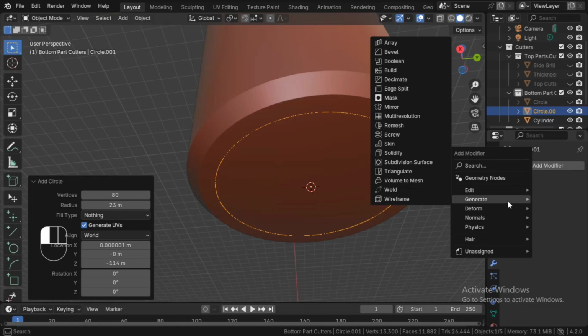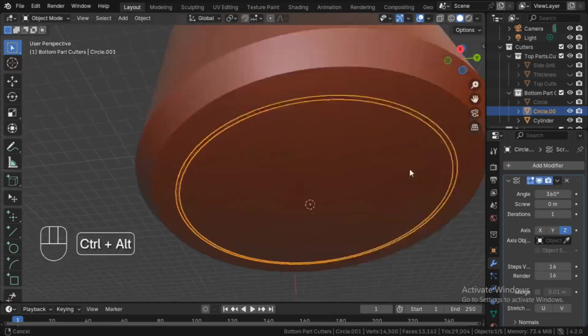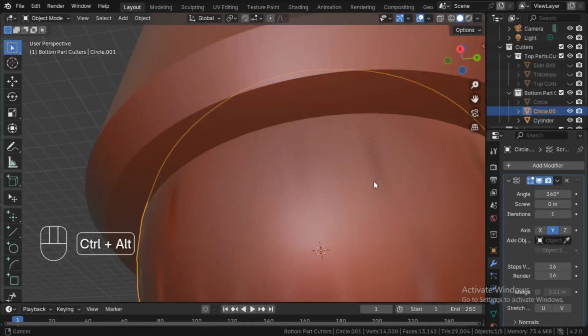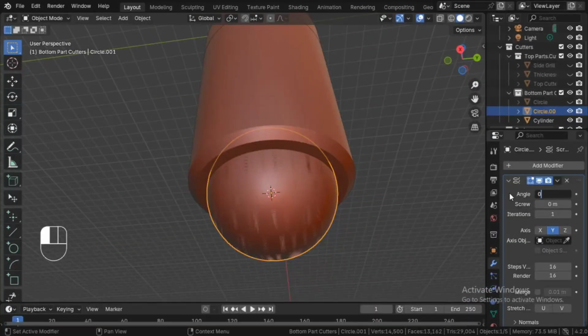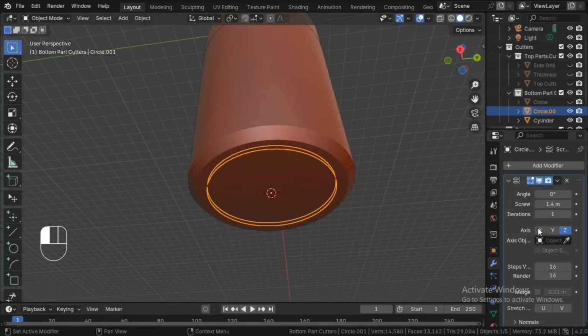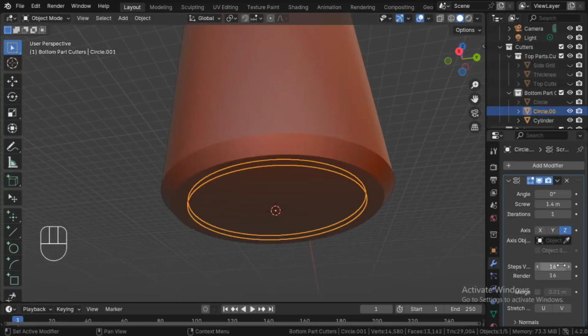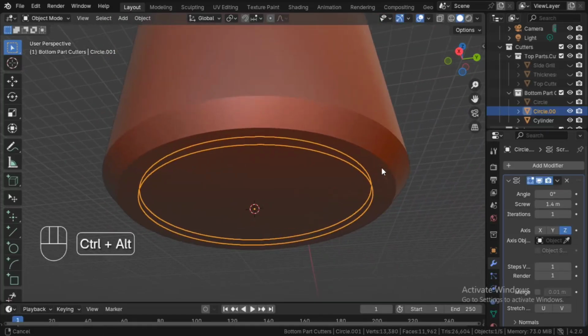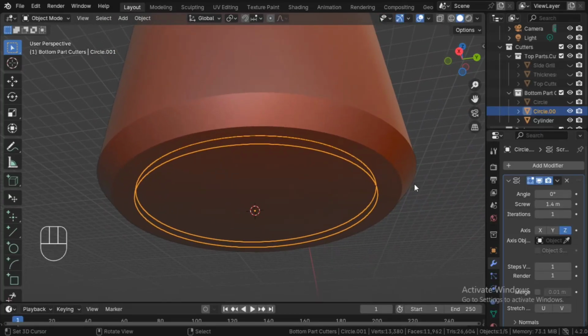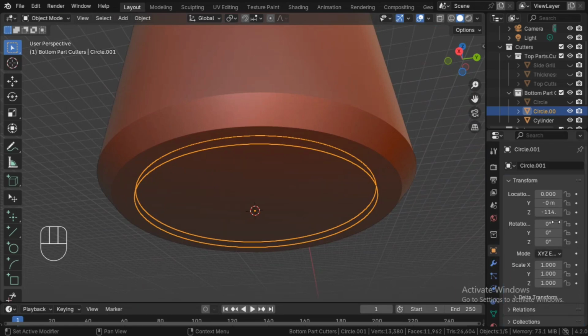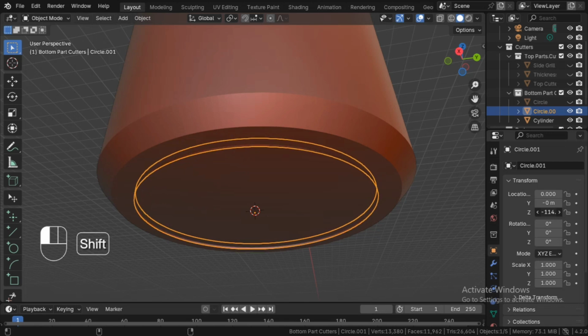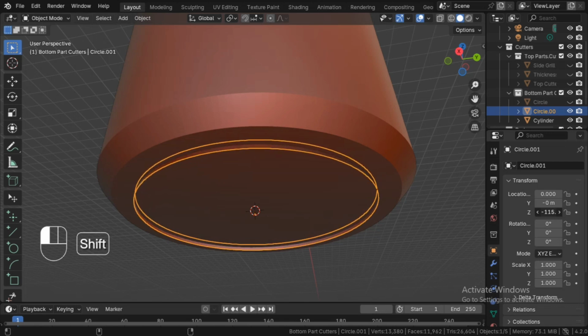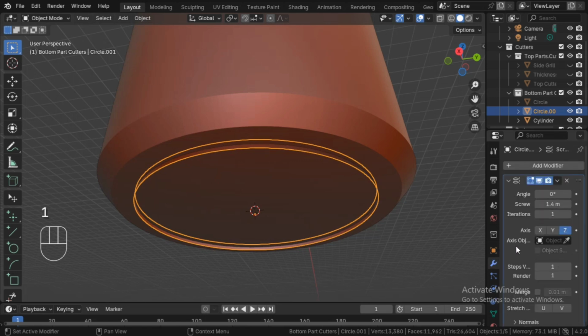and then we're going to go to the modifier stack, and I'm going to add a screw modifier to it, and I'm going to change the angle to 0 and create a screw of 1.5 millimeters, so it will extrude this geometry, and change the step view and render view to 1. We just need extruded geometry, and I'm going to keep it a little bit downwards on the minus z axis, and then